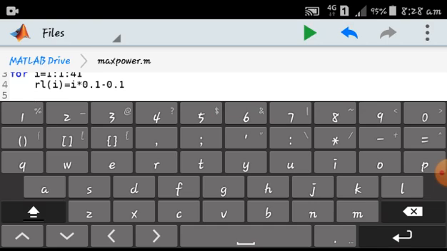For each value of I, we have to calculate load power.